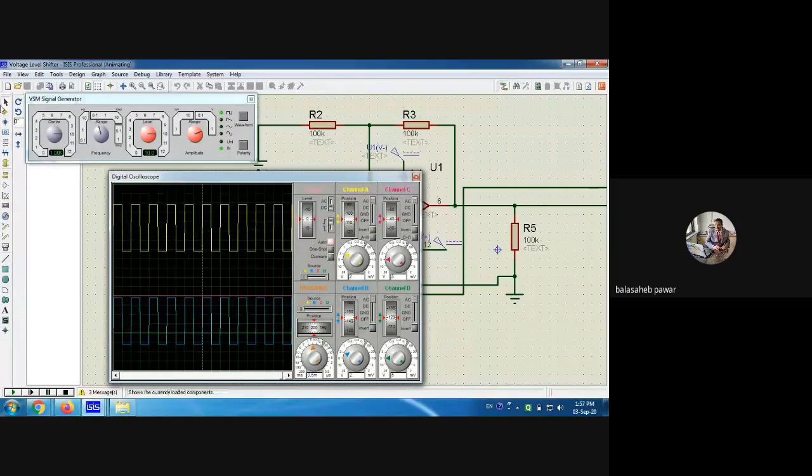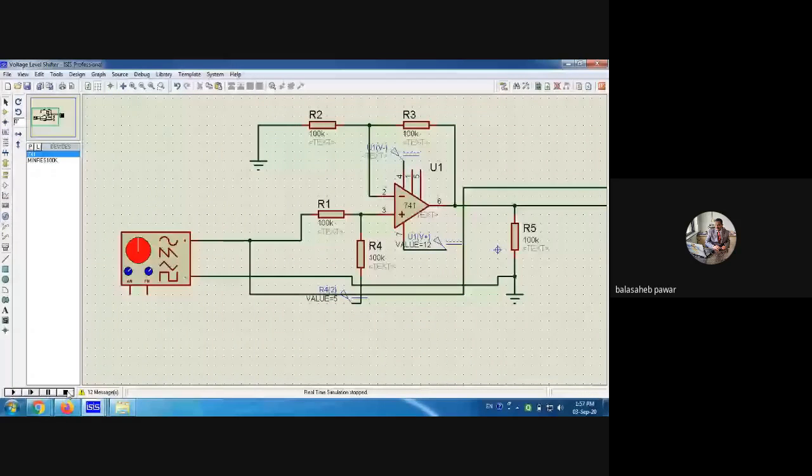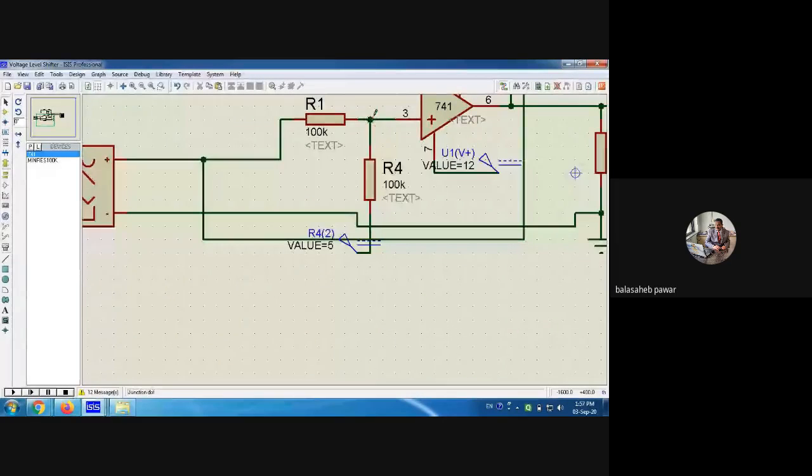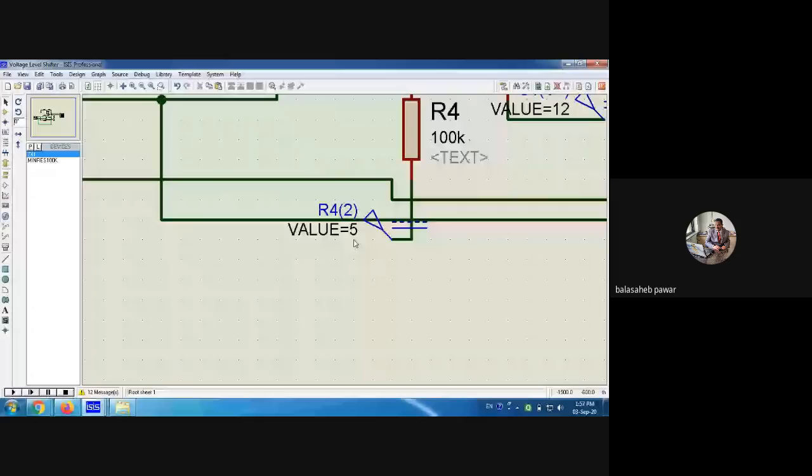So see what I have done, I just applied one more DC source, added at the input only. At this node, which is formed by the input signal source through resistor R1 and another through R4, that is my DC source, its value is also mentioned as 5. Why is it applied as 5 volt? Because I know the peak value of that square wave is 5 volt and I require that the square wave get shifted onto the x-axis, right?